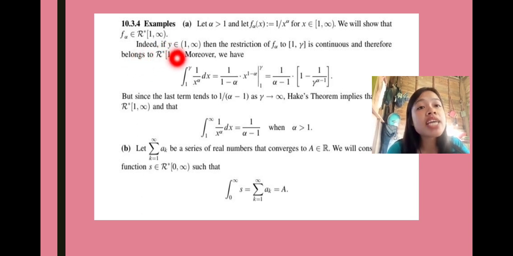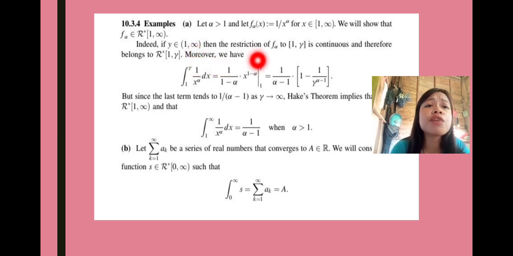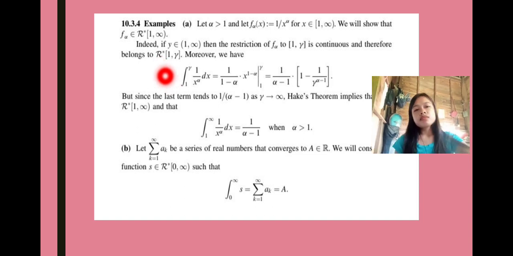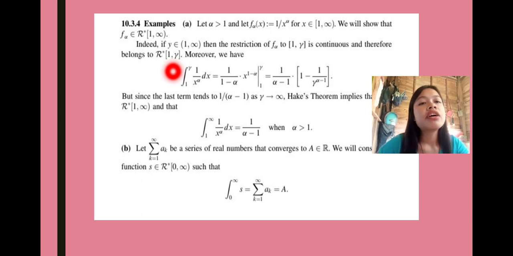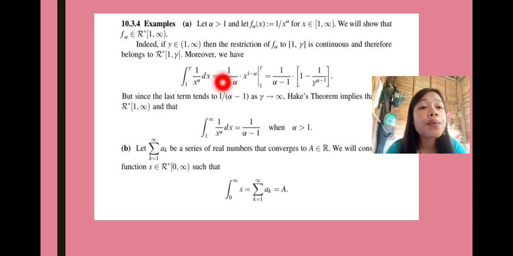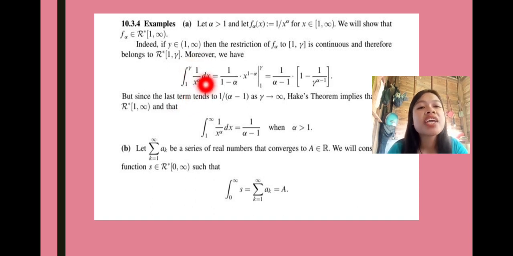Indeed, if y is in [1, ∞), then the restriction of f_a to [1, y] is continuous and therefore belongs to R[1, y]. Moreover, we have the integral from 1 to y of 1 over x to the power of a dx equal to 1 over (1 minus a) multiplied by x to the power of 1 minus a